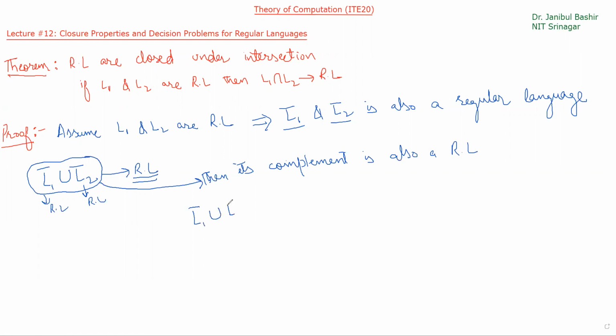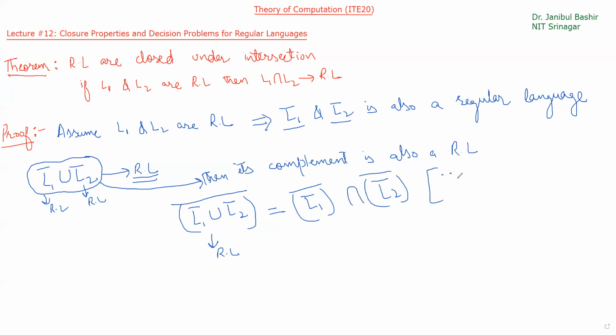What will be the complement of this? So we know this is a regular language. So let's see what this is equal to. Applying De Morgan's rule, it will be L1 complement intersection L2 complement. So we have applied De Morgan's law here,